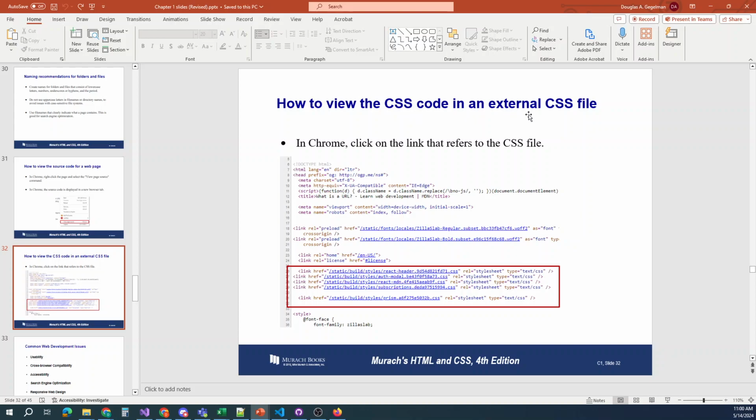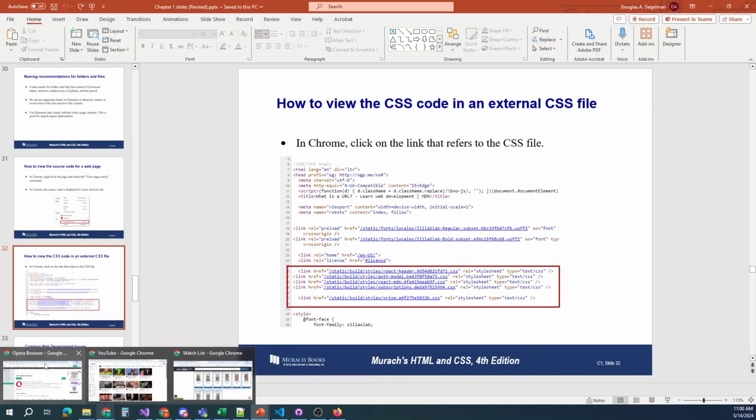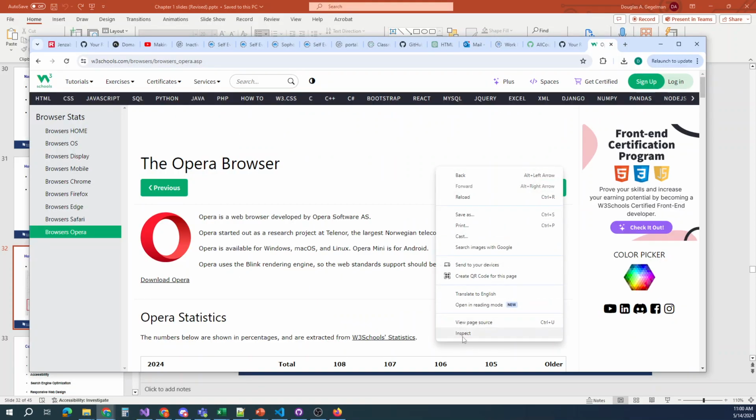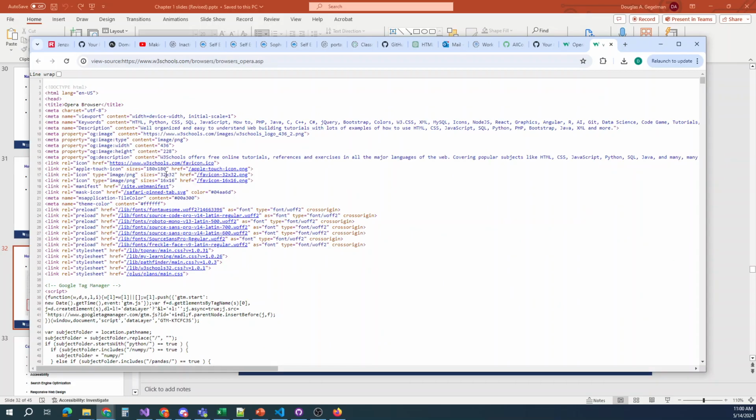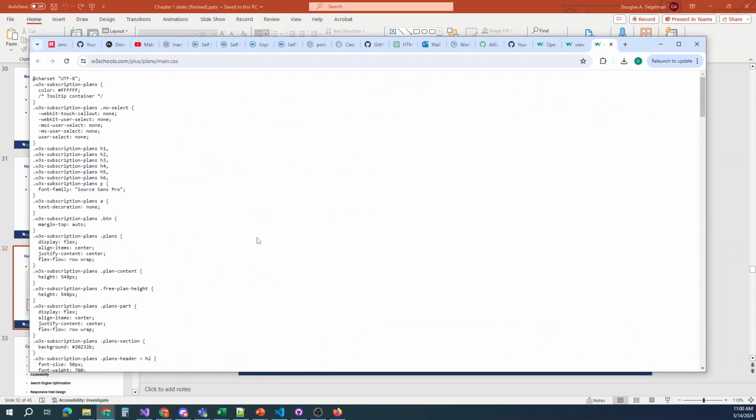How to view the CSS code and external styles file. I just showed you how to do that. Go find that link and just click on the CSS link and it'll open up the style sheet and tell you the styles they're using in that. Then once you find the style, let me go back to what I was just using, this Opera. So you view page source, open it up, click on this style, and then what you can do is copy something like this here,